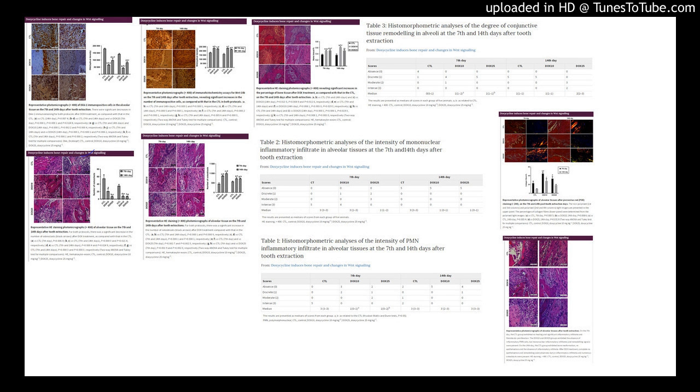A versus CTL, 7th day, p equals 0.0005. B, versus DOX10, 14th day, p equals 0.0086. C, versus CTL, 14th day, p equals 0.0054. D, versus DOX25, 14th day, p equals 0.0318. Two-way ANOVA and Tukey test for multiple comparisons. CTL, control; DOX10, doxycycline 10 mg/kg; DOX25, doxycycline 25 mg/kg.